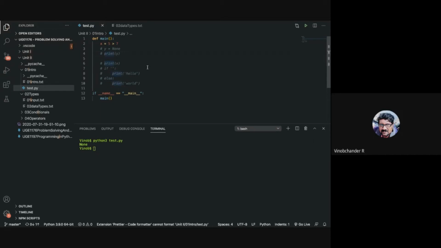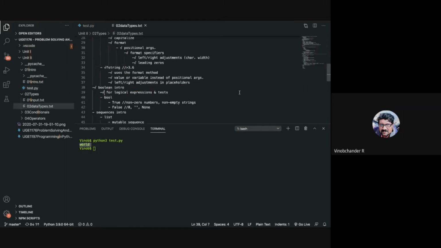Why am I telling you here? Because apart from all these possibilities, we can also have a none here. If I say explicitly if none, what do you think is the output? World. Okay. So you can see world. So none is also false. Please remember these things when you make use of logical expressions and logical tests. So as we have seen, bool, and the type is bool.